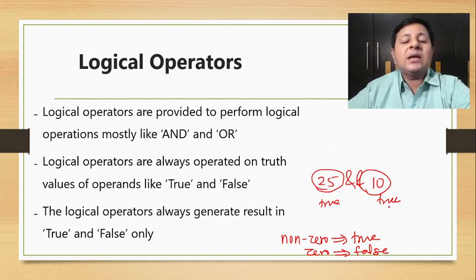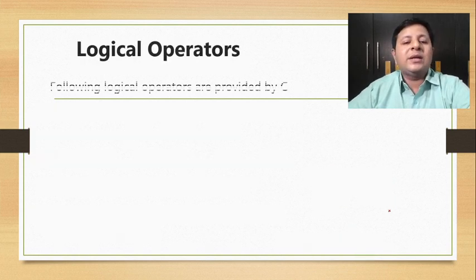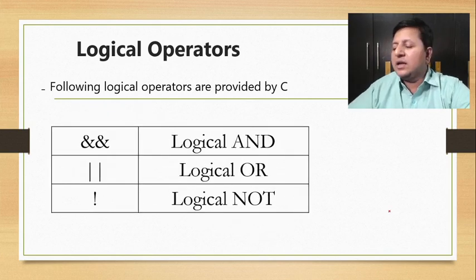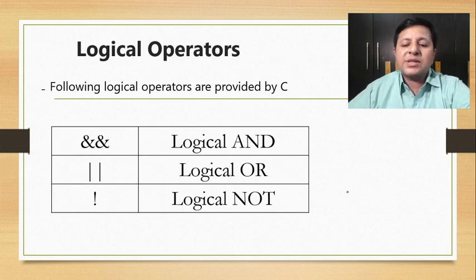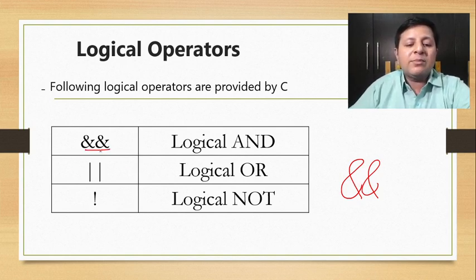Fine. So let's look at the set of logical operators we have. C focuses on 3 major and very basic logical operations, that is ANDing, ORing, and NOT. For that we have 3 logical operators provided by C. These are the logical operators. Logical AND, you can see the symbol. You know the ampersand symbol, right? It has to be taken twice. Taking it twice is important, because when we only put it once, it has a different meaning. You may get to know that in my further videos. So 2 times the ampersand sign.